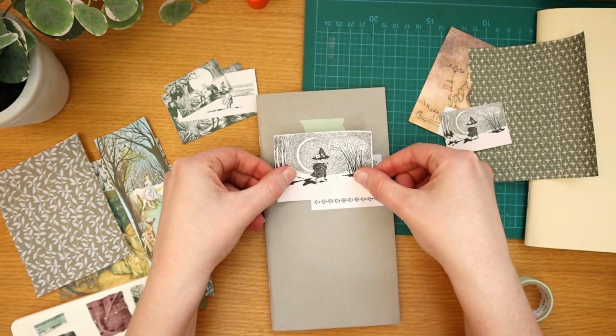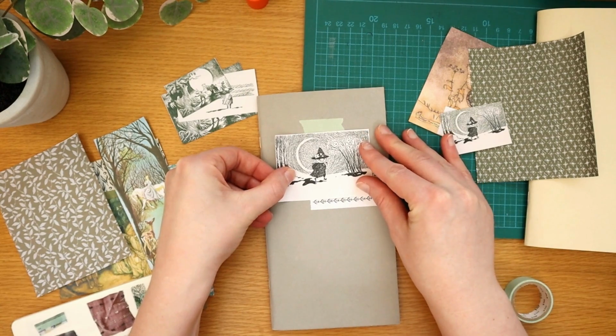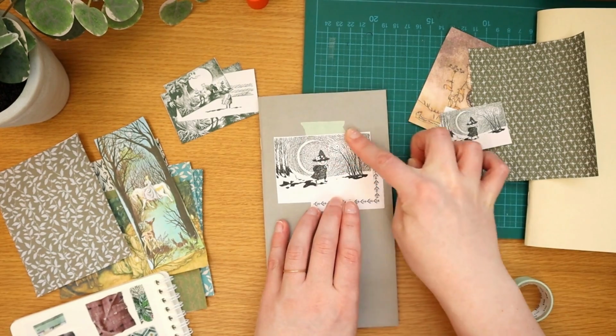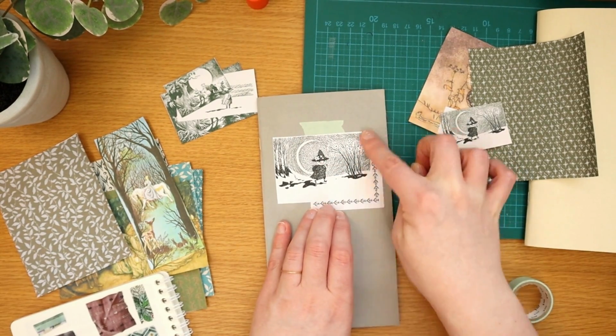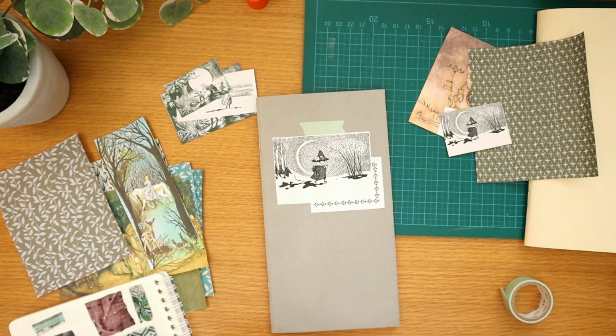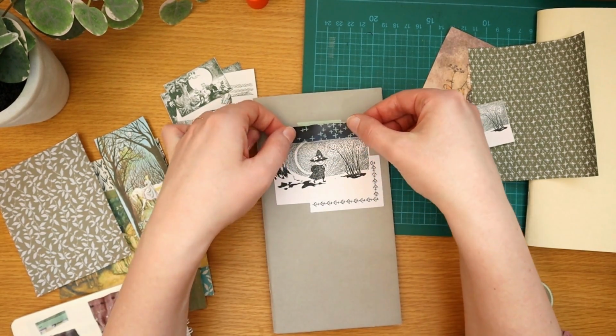Let's see. Obviously it being on the cover would need to be stuck down really well. Although I guess I'm not very rough on my inserts and they're in the cover protected, so I guess I'll be